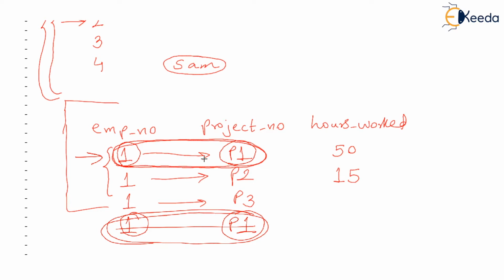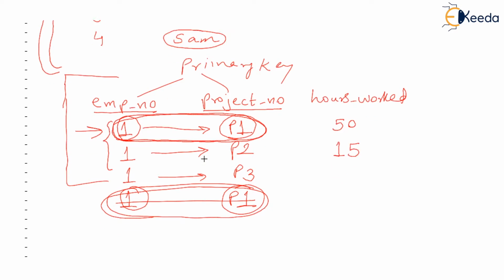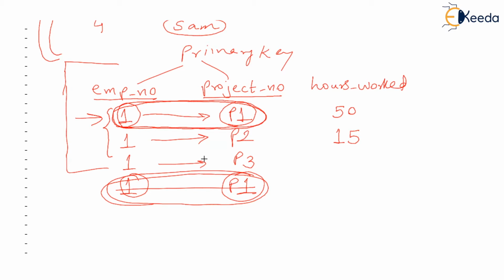Hence, in this table, the primary key is employee number and project number together. These two together form a primary key. Secondly, you know that a primary key should have unique, distinct values. That means every combination of employee number and project number, taken together, should be unique. Watch that. The employee number column can have repeated values 1, 1, 1, isn't it? Similarly, some second employee is working for project P1, the same project on which employee number 1 is working. So we can have project number also repeated, but the combination of employee number and project number cannot be repeated.